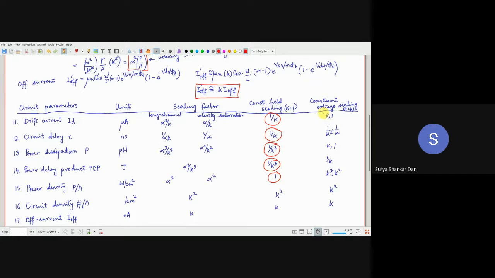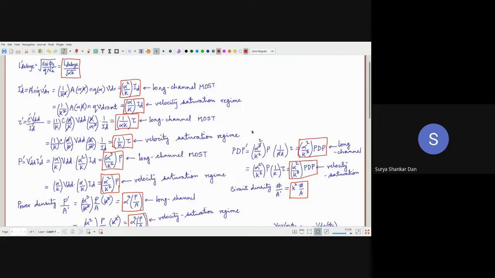So the devices are very small in size, and on top of that, if the voltages have been scaled already, in this case, of course, voltage remains the same, then the fields will be high, currents will be high, and the device can go into breakdown very, very easily. So from the perspective of the device reliability itself, we cannot afford doing this, even though the current increases. Got it? Now, that was only the first part where we are finding that constant field scaling is better.